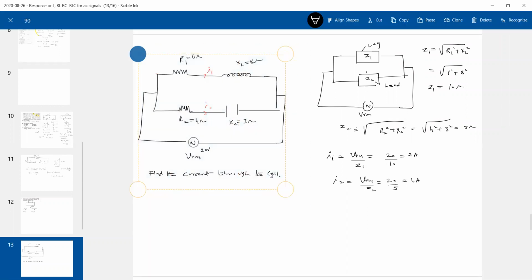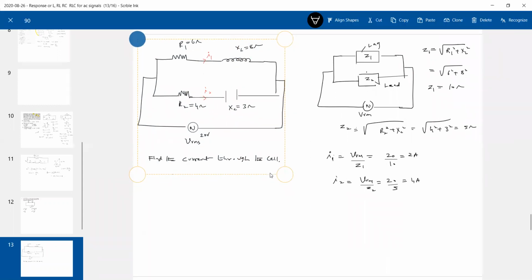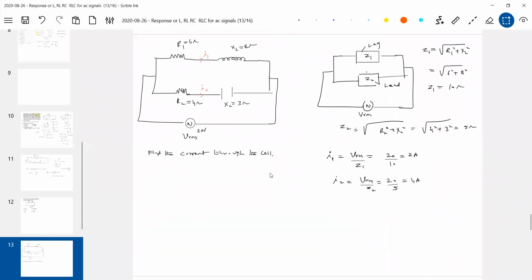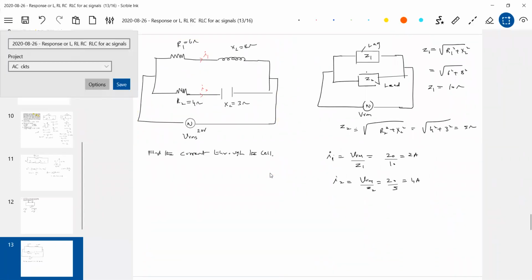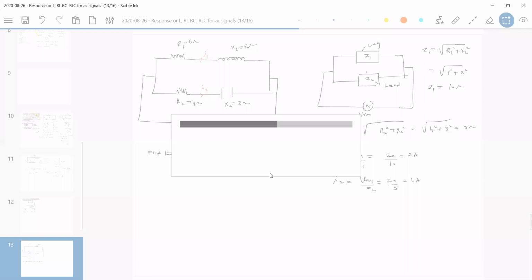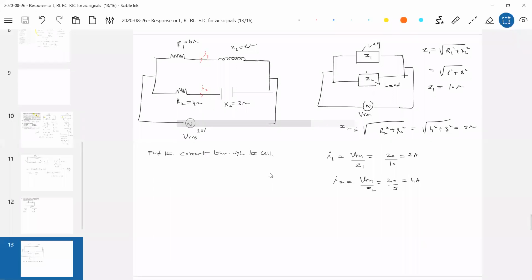For a parallel circuit, you may say, sir, I know complex numbers, I'll apply them. Yes, you can do that. Since our syllabus didn't decide to use complex numbers, I'm trying to avoid them. Since you know complex numbers, you can solve with that also and directly get I. I'm using the simplified approach here, the vector diagram.